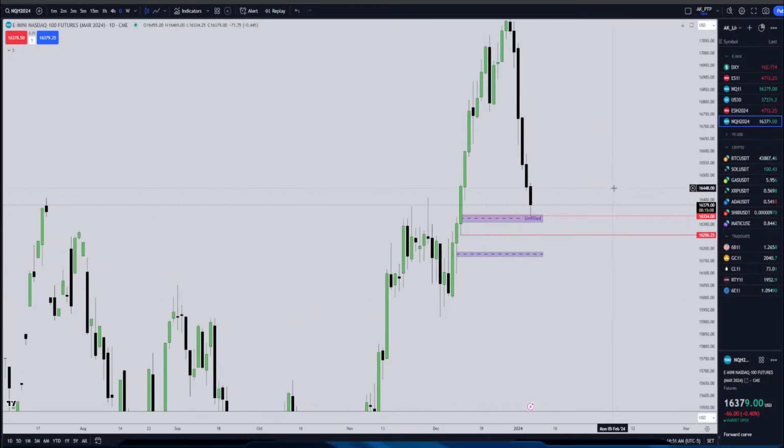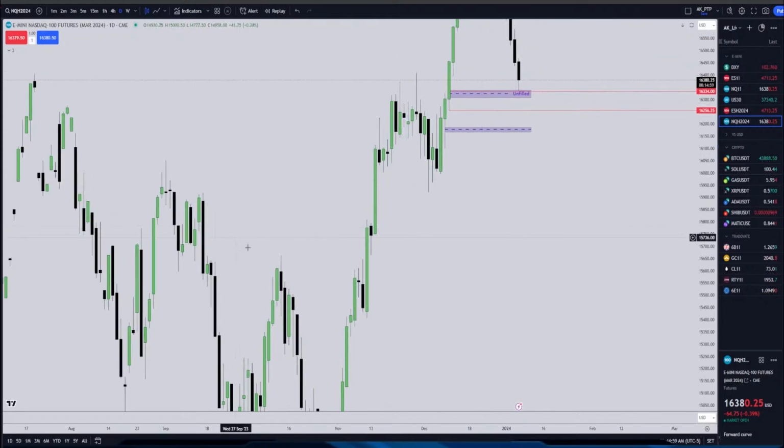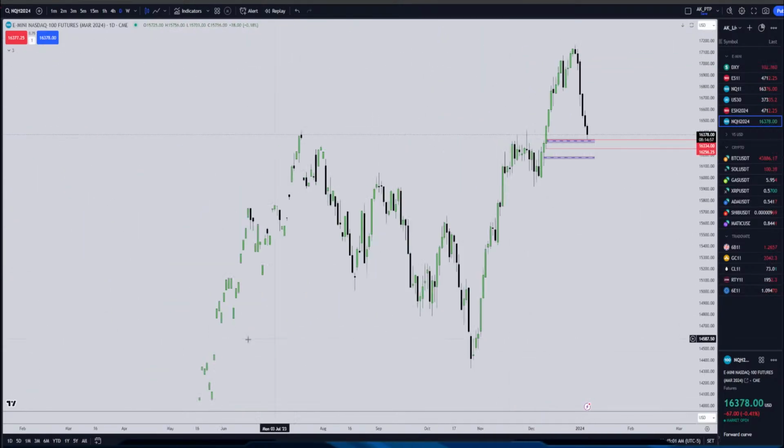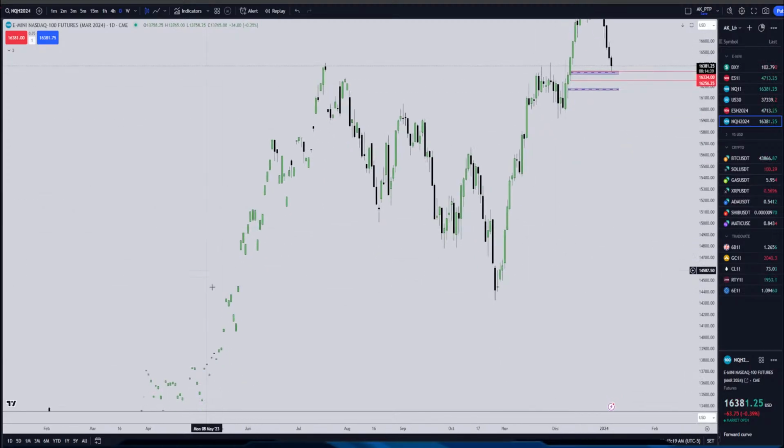On the daily level, as you can see, it's coming out from a bullish fair value gap. On top of that, you will see that around this area it has traded a daily breakaway gap. It took the liquidity that it was supposed to take here. So from this moment, which was October, I was actually bullish, and if you are with me from the beginning, you already know what I'm talking about here. Since it's a new contract,